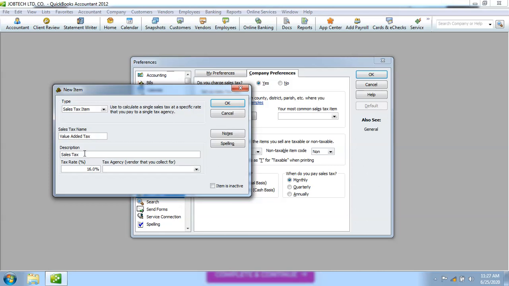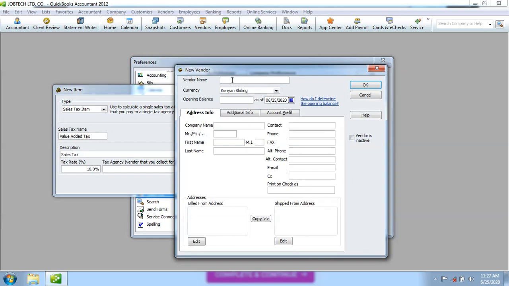Yeah, that's a sales tax rate, 16%. All right, let's add a new vendor, and let's call this vendor